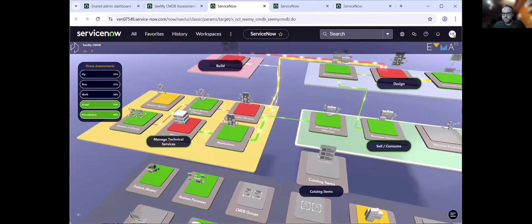It's a question from Toshi about whether there's a way to report progress on the CSDM journey over time. For example, the ability to show monthly and quarterly progress. Yeah, that's